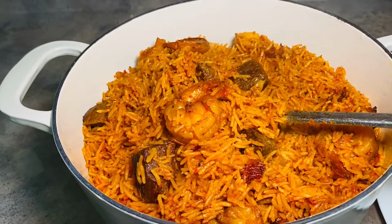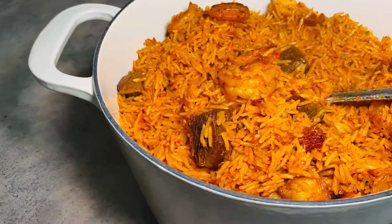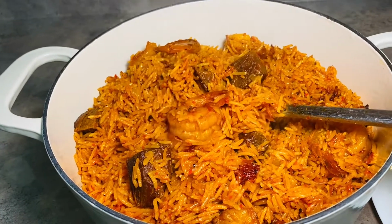Today I'm here to share with you another recipe. I'm making Liberian jollof rice. So guys, if you would like to know how I make this beautiful and tasty recipe, I will encourage you